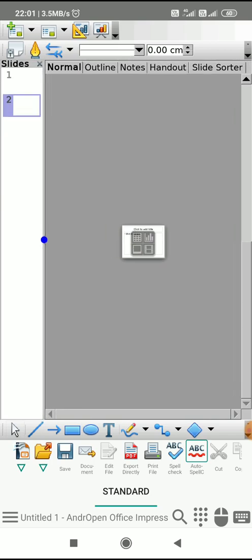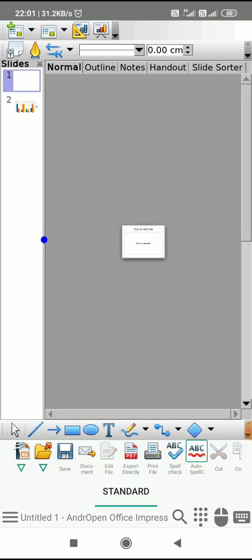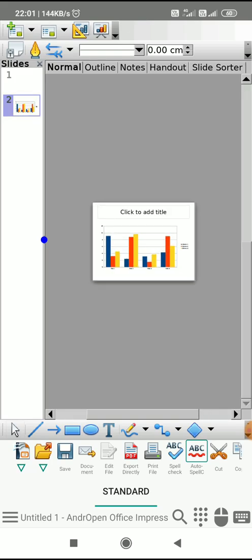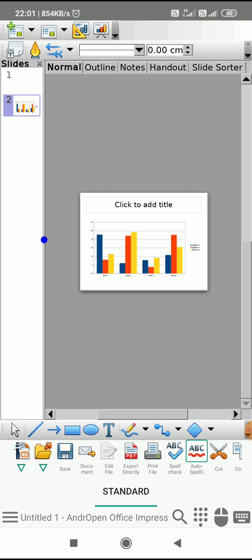I can do everything on my Android. So it's an interesting software. Till then, enjoy this software, and download it from the Play Store of your Android mobile. In my next video I will discuss each software of the suite in detail.